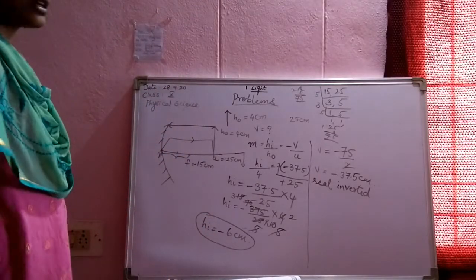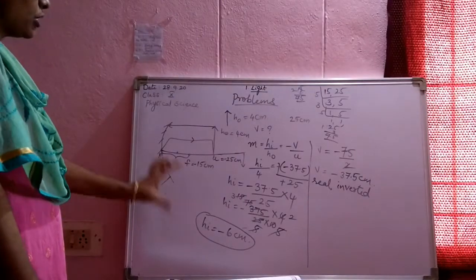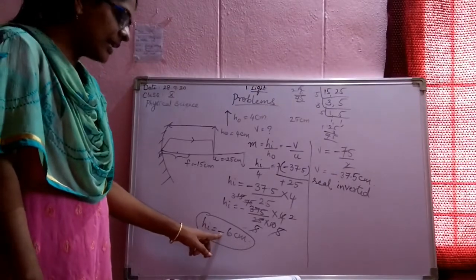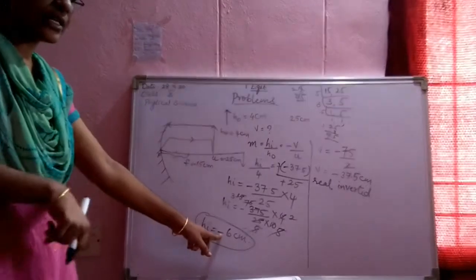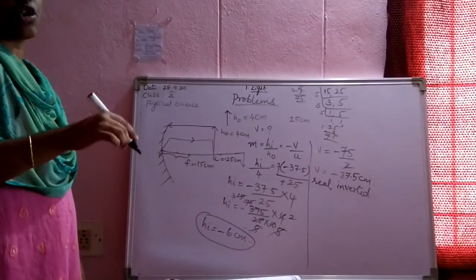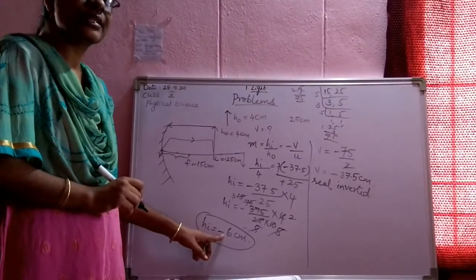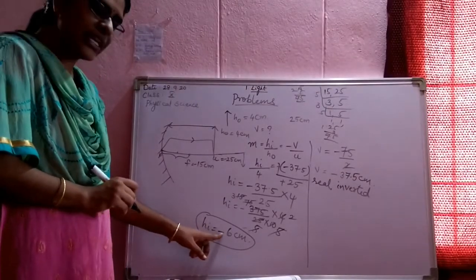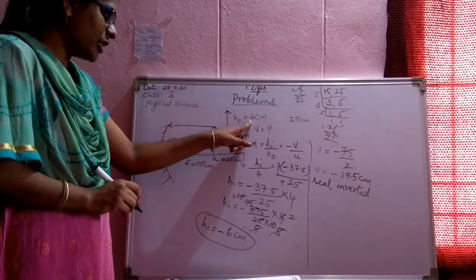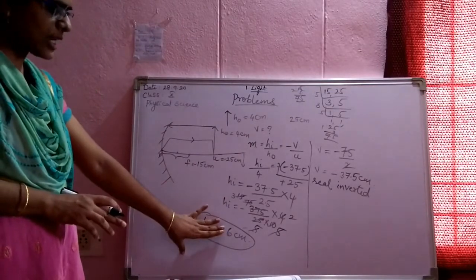This is the height of your image. Now look here. You need not see the negative sign. Negative indicates the image is inverted. I have told you, if the images or objects are in the reverse direction, we need to take the values as negative. Hence, HI is negative. Compare the value. It is 4. It is 6. Which one is bigger now? Not the minus sign.